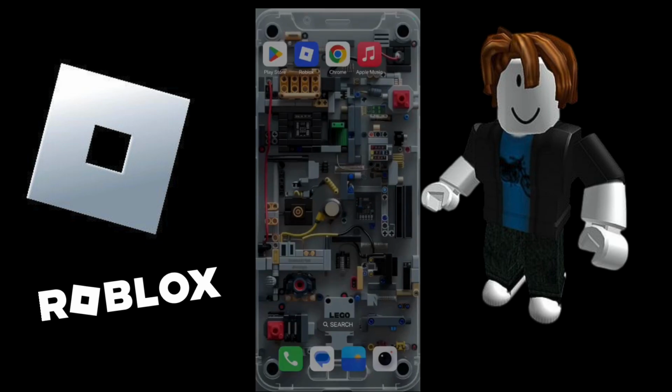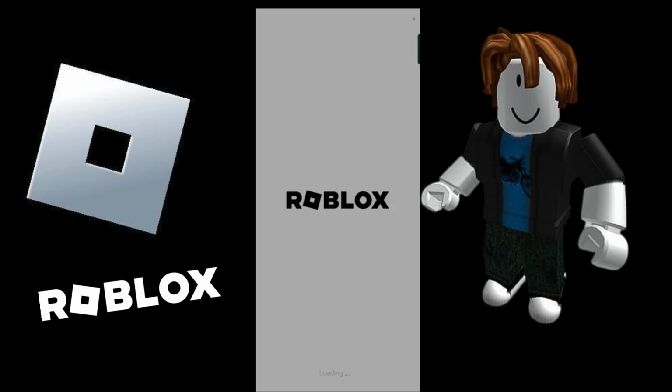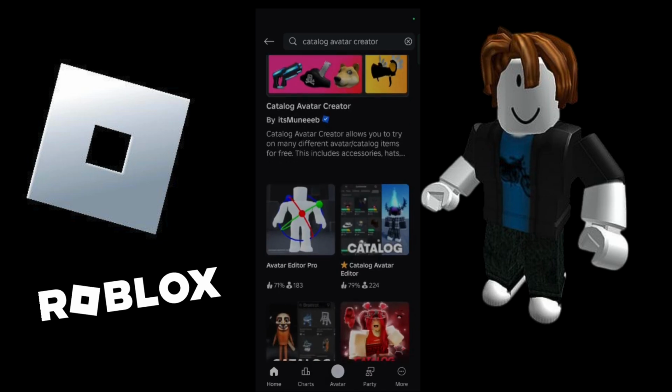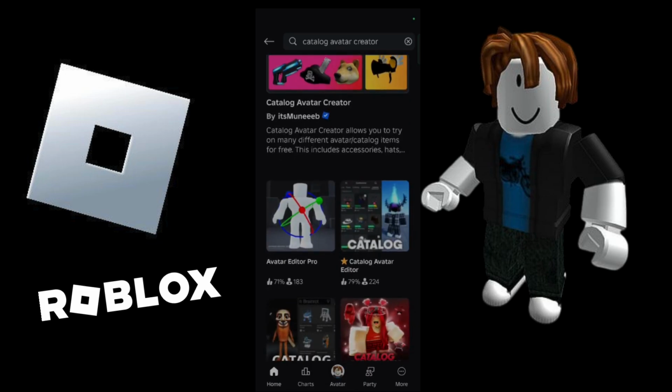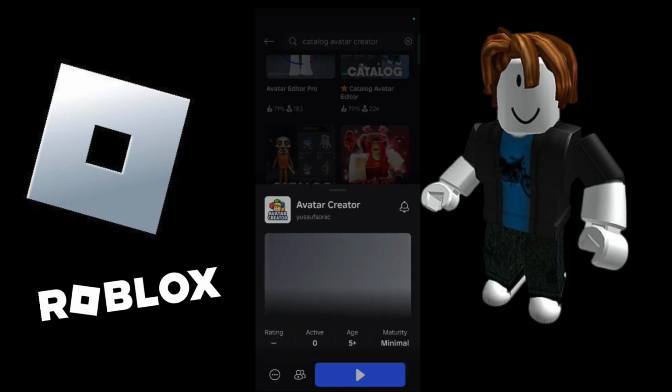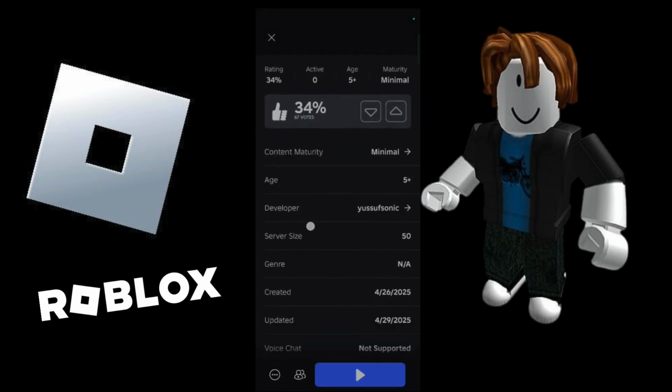So the first step is to simply open up your Roblox application, and once your Roblox application fires up, you can see the following interface like this. Now simply choose that particular game in which you want to create your own private server. So let's choose this particular game, that is the avatar creator, and then you will need to scroll down, and